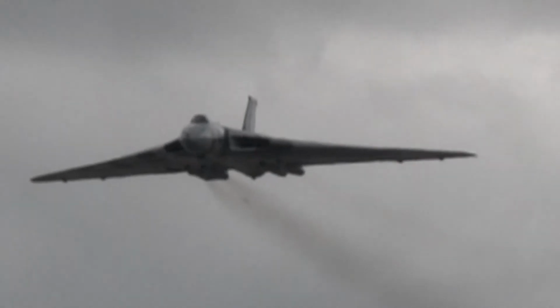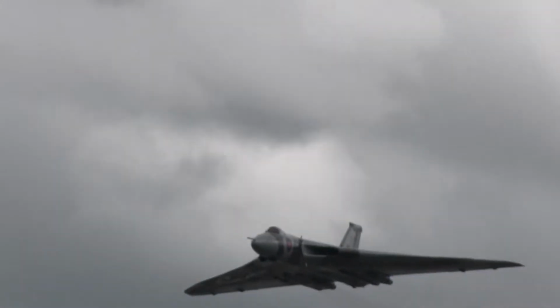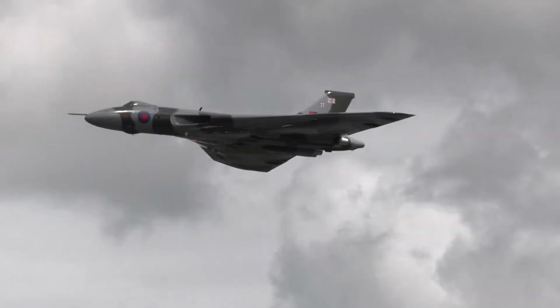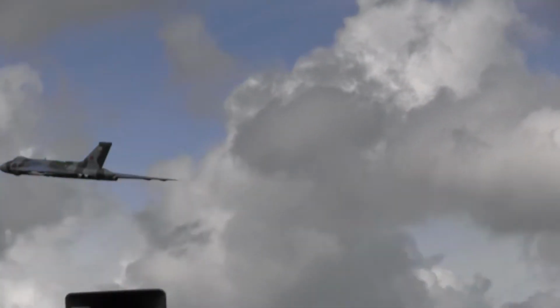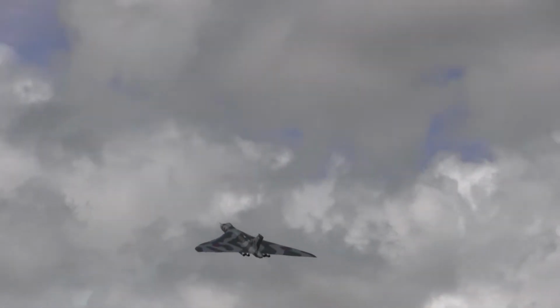Now, if you were expecting a very loud noise from the Vulcan, well, she can sneak up on you as well. But when they turn on the taps on those 4 big Olympus engines,